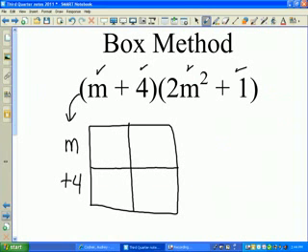You may have seen something like this similar to biology. You may have seen it in geometry when you had to do the truth tables. Okay, it's the same concept. So now, up top, I'm going to have my 2m squared represent that side, and my plus 1 represent that side. Okay, so I like to have my top parenthesis or my first parenthesis represent the side portion here. Okay, so once I have it set up,